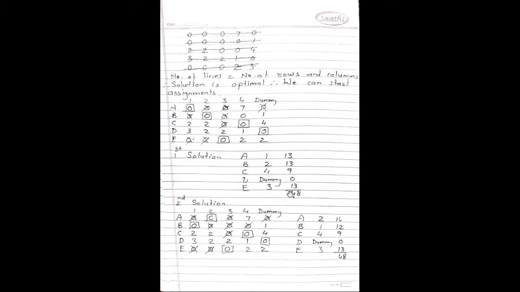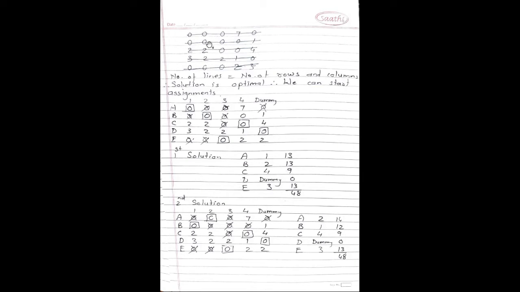So we will cover the zeros. 1, 2, 3, 4. Again we are getting 4 lines. So repeat the procedure. So the next matrix, in this matrix we will subtract again 1 from all uncovered. We will add 1 at the intersection positions, keeping covered elements as it is. So 1, 1, 2, 4, 0, 0, 0, 1, 2, 0, 1, 1, 0, 3, 0, 8, 1, 0, 2, 2, 0, 1, 3, 0, 2. So 1, 2, 3, 4. Again 4 lines we are getting. So we have to repeat the procedure again.